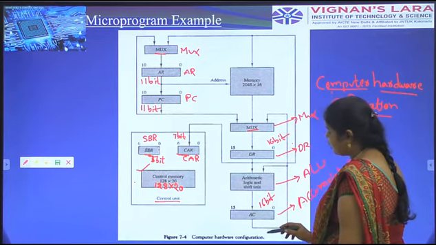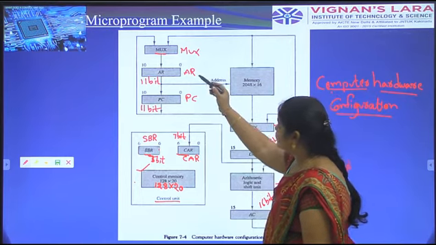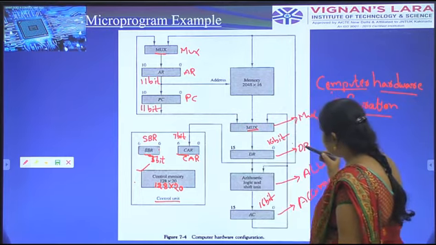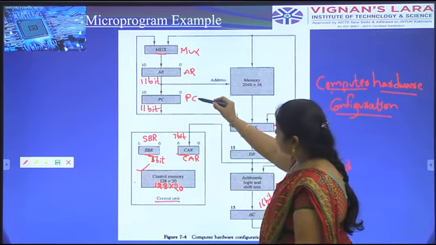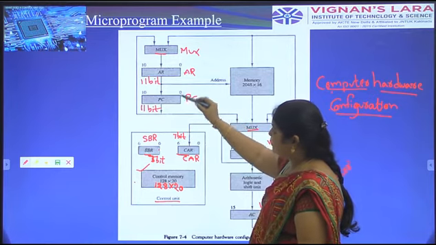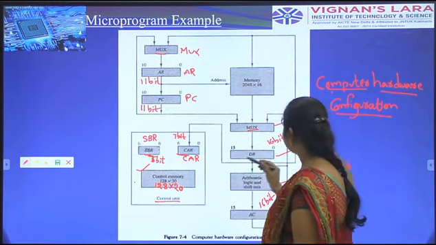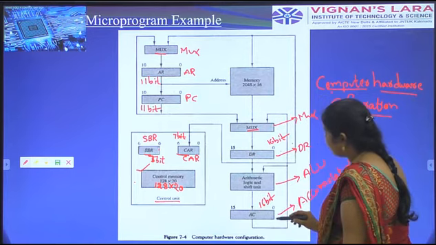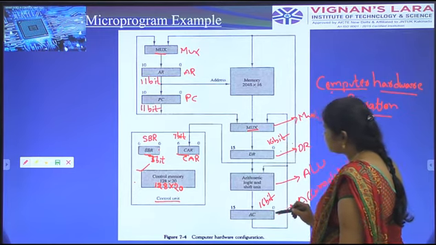This is a computer hardware configuration. It consists of 4 registers: address register, program counter, data register and accumulator. The address register and program counter specify 11 bits, represented as 0 to 10 in both registers. The data register and accumulator perform 0 to 15, so both are 16 bits.